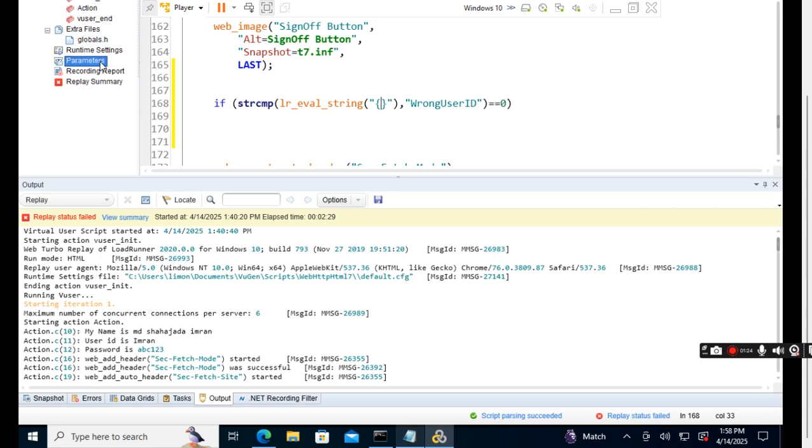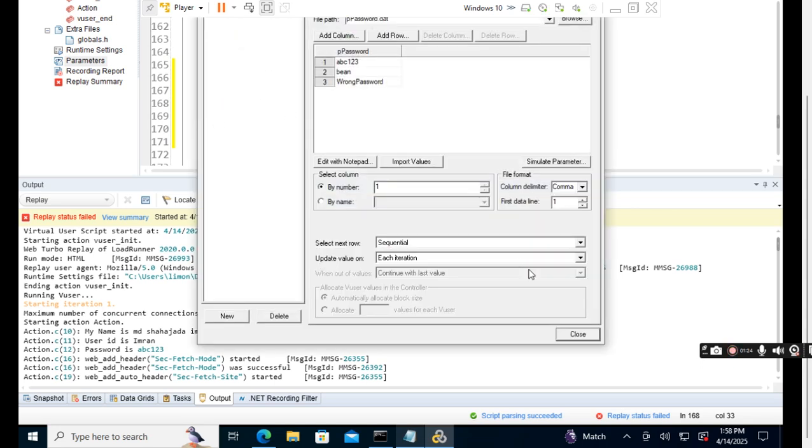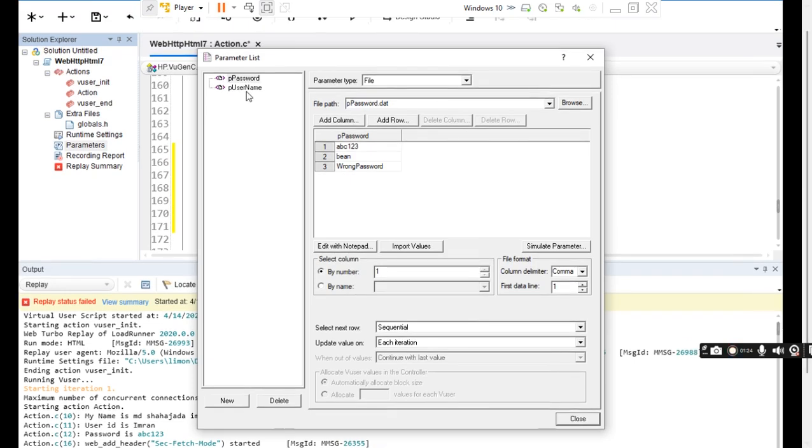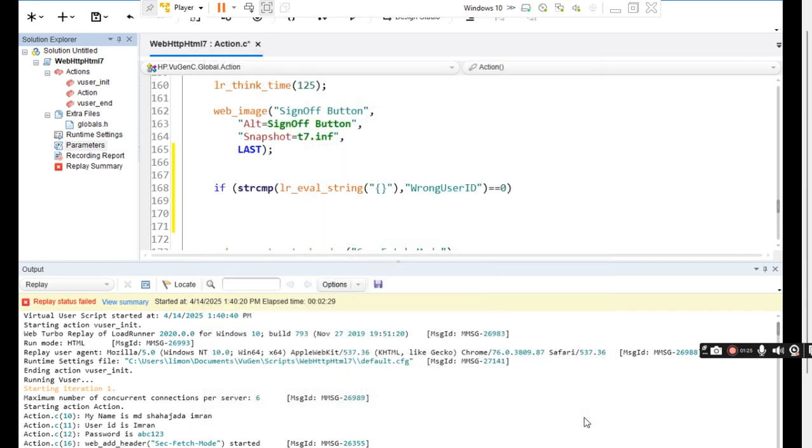So the parameter name I will copy, Control C from the keyboard, Control V. So user ID, if user ID is this,